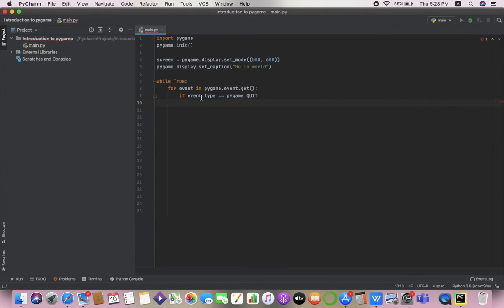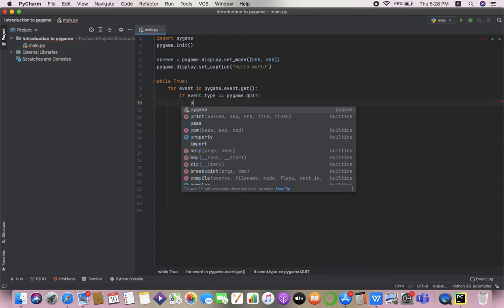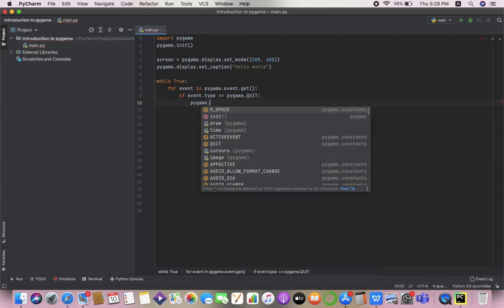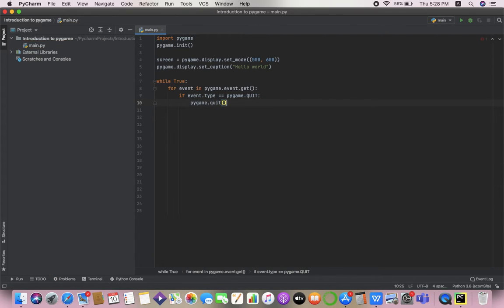Now if there is an event which is pygame.QUIT, now pygame.QUIT is this cross function, and if there is a request like this, we should quit the Pygame library, pygame.quit. Notice that in pygame.QUIT, this QUIT is in caps lock, and in pygame.quit, this quit is not in caps lock.